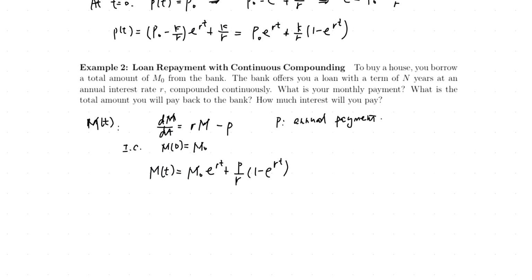Now, P, we don't know what P is. P is our annual payment, but it asks us what our monthly payment should be. Well, if you know your annual payment, then your monthly payment would just be P divided by 12. So you are going to figure out the P in the sense that you want